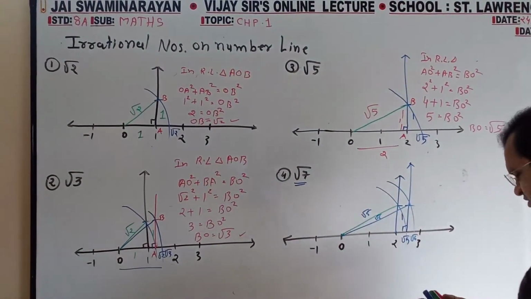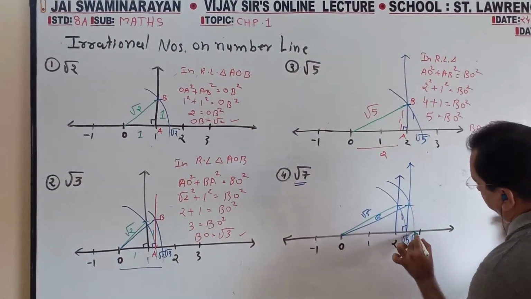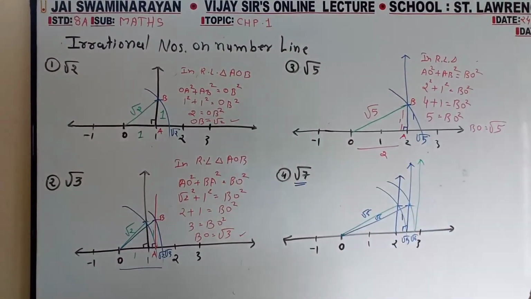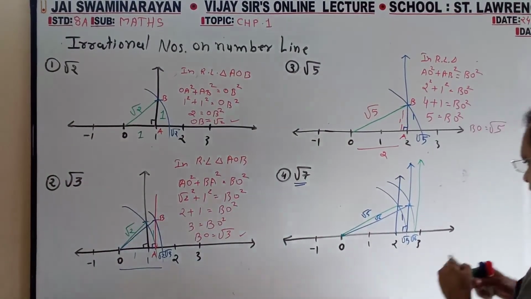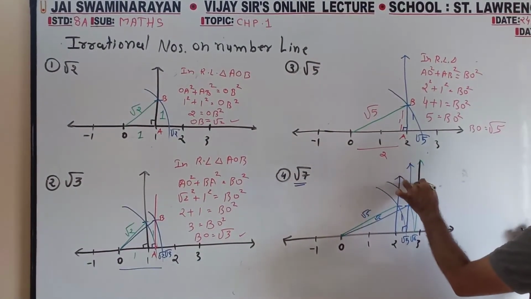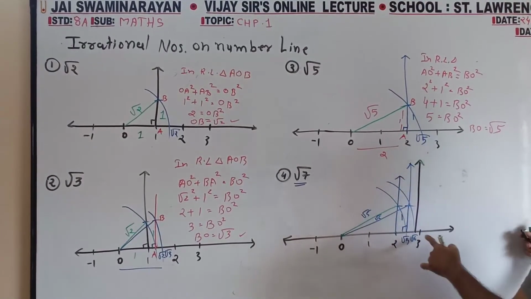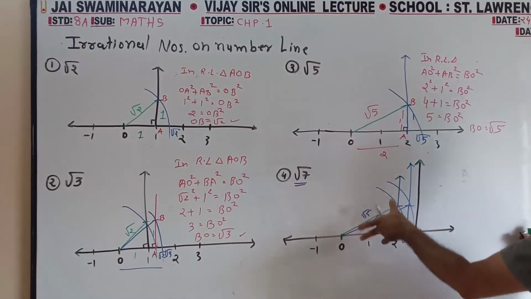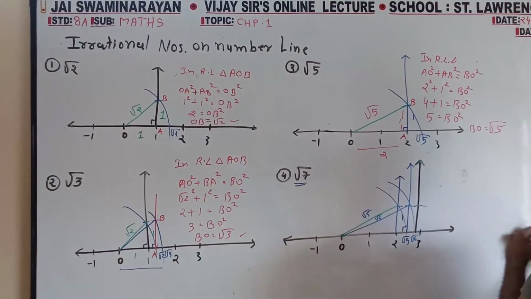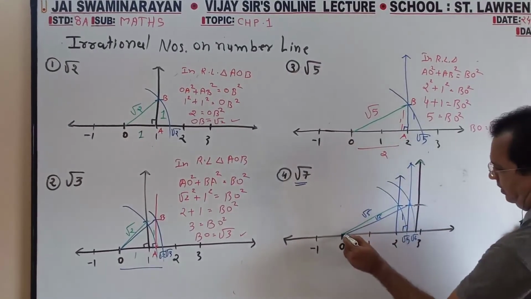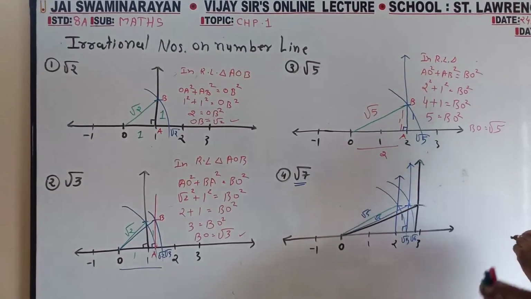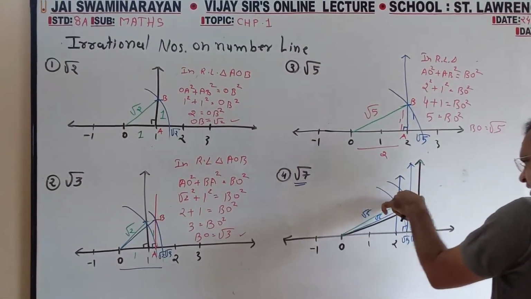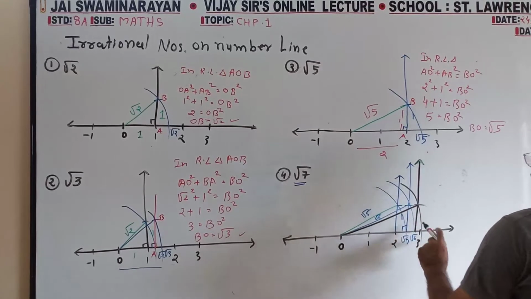Now on root 6, again draw perpendicular. So 1, 1, 1, 1, 1, 1, when you increase, automatically you will get the next number square root. Root 5 height, root 6 height, again the same height. Same height I am cancelling. Now join with the height. Now pencil point, metric point here, pencil point here, cross. So see.